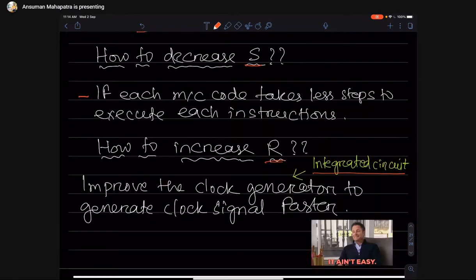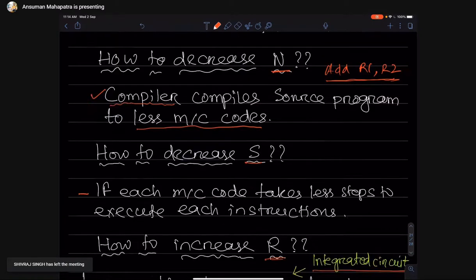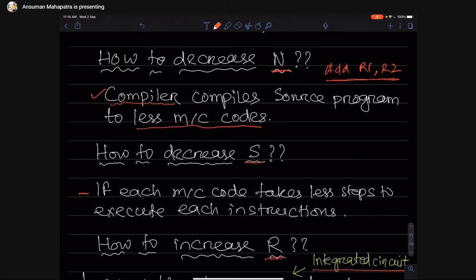So what I was telling in the previous class is that even if you are given the same program to execute on two different machines having different gigahertz, if your compiler is not optimized, then the higher gigahertz machine can generate many more machine codes than a fully optimized lower gigahertz system, and the lower gigahertz system may run faster than the higher gigahertz system. Now you understood the logic behind this.